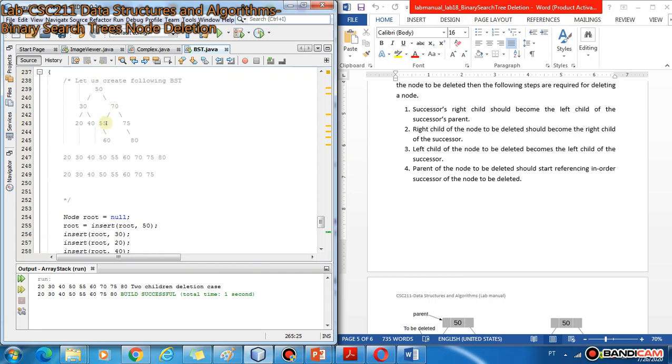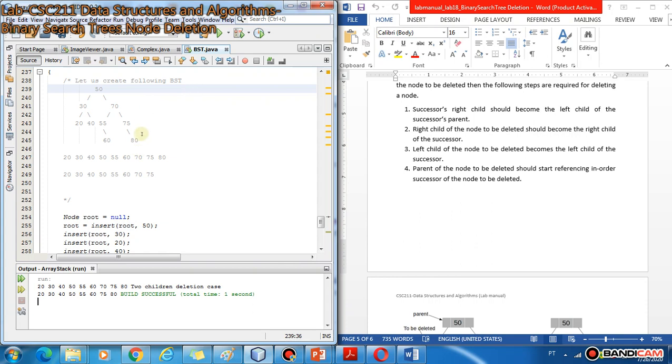Then the left subtree of this 50, which is 30, will become the left subtree of 55. So the expected outcome of deleting this 50 would be that its in order successor 55 will come here.